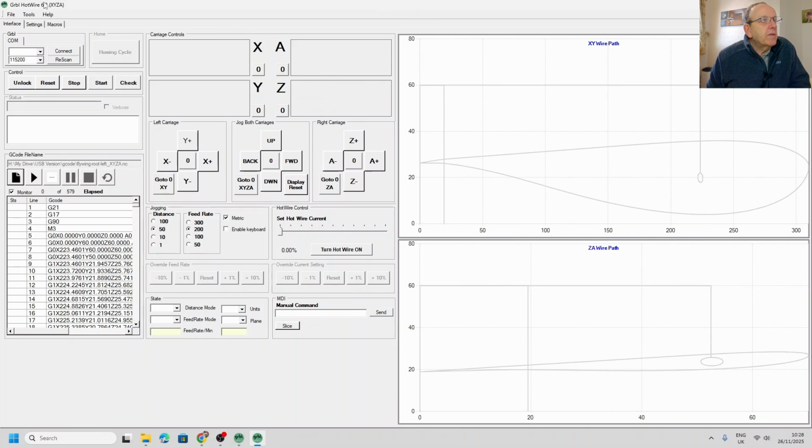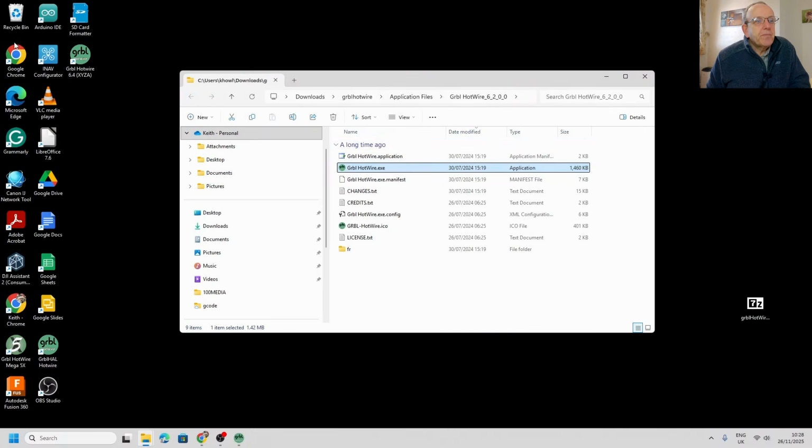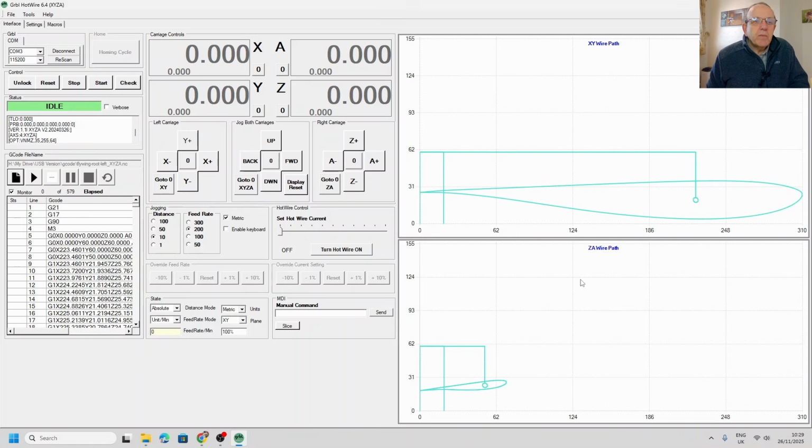So that's been one of the main differences. Sometimes I get emails from guys that say that when they look at the two profiles here, it looks nothing like the wing. And what you've got to remember here is you're looking at the wire path, not the actual profile of the wing. Now, if we load up a